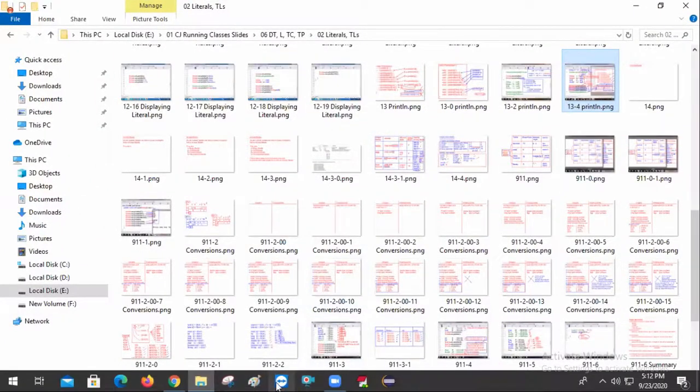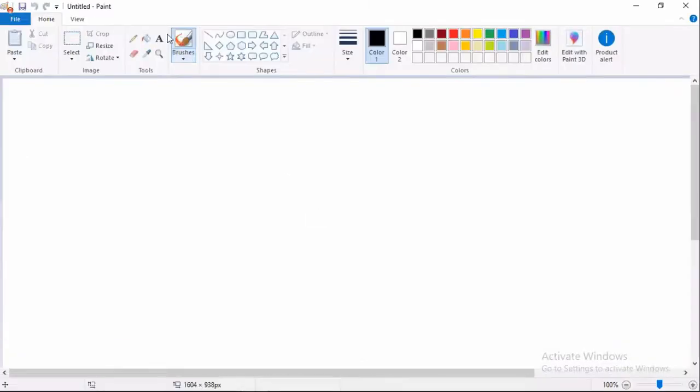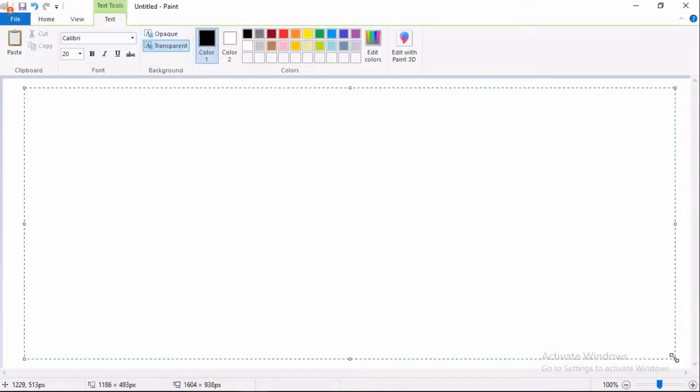Now there is a small point in the Java 7 version. In Java 7 version, with respect to literals, we have two enhancements. Number one, binary literals. Number two, underscore in number literals.